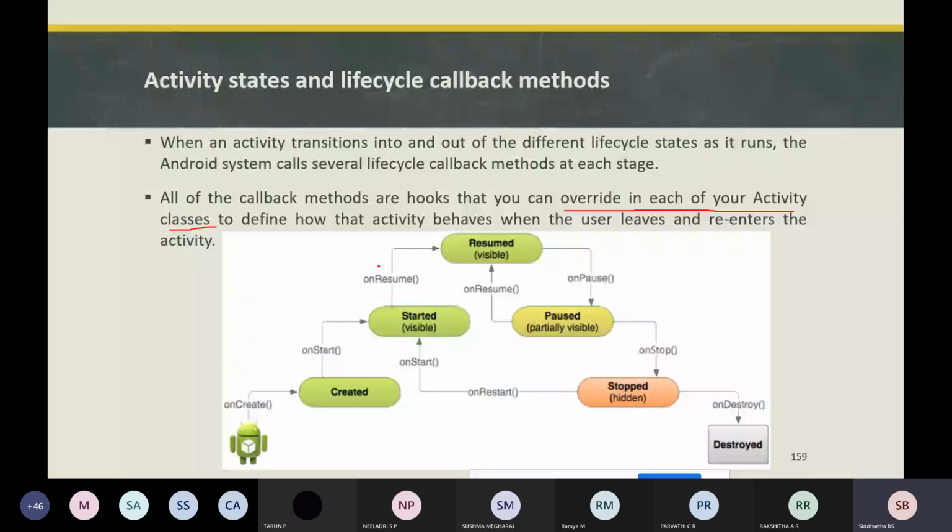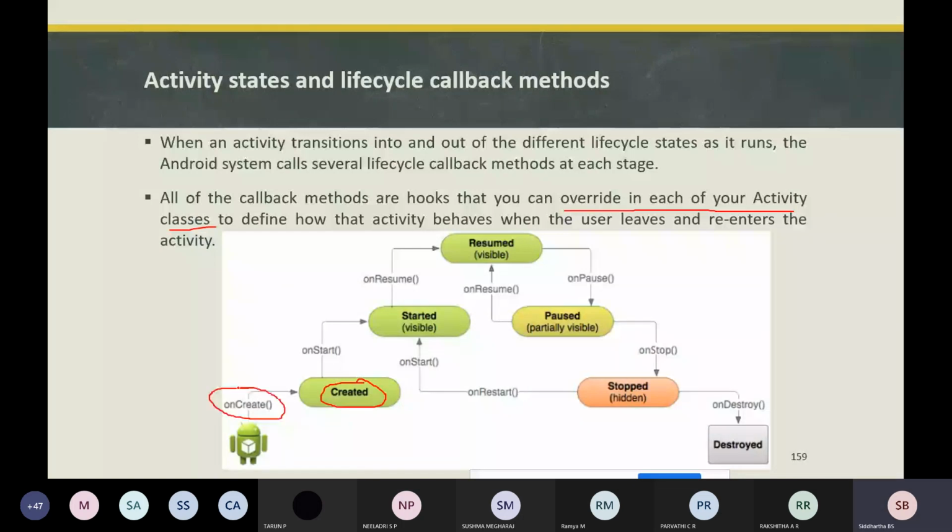As in the example, the life cycle callback methods are create, start, resume, pause, stop, destroy, and restart. These are all the different states it goes through as soon as you launch the activity. So how is it going to start? Let's first see about create. When you create your app, it is going to call the onCreate callback method.